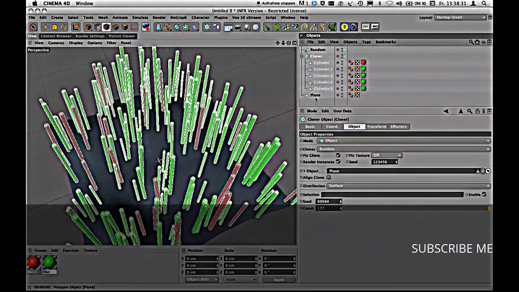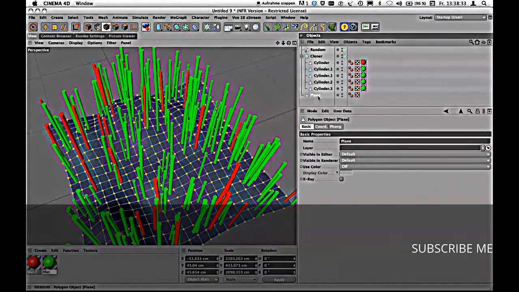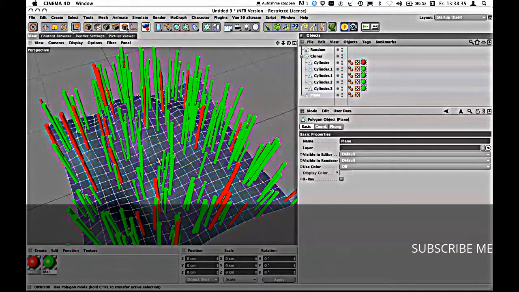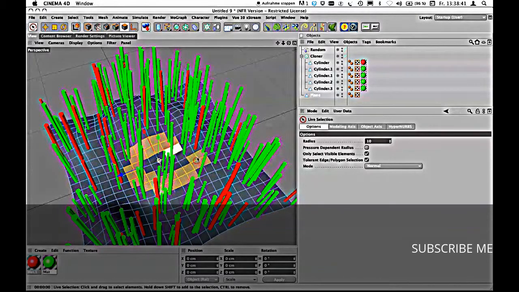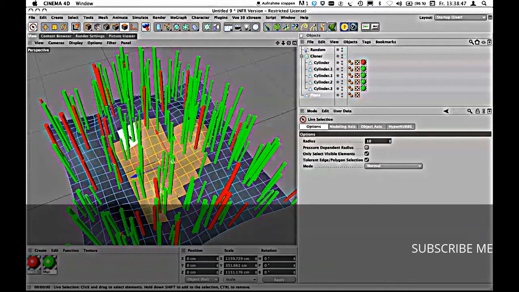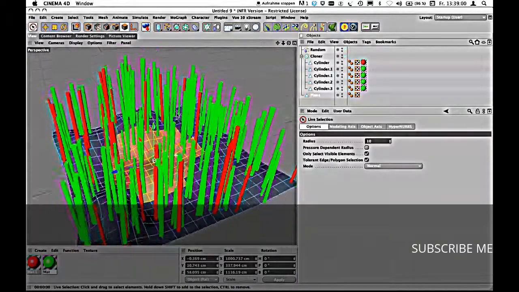So how do you do this? You go to the plane object, you click on this, choose polygon mode, and then you select some polygons that you don't want to be crowded with trees. Let's take the middle of it. I'm just painting. Okay. So this shouldn't be crowded with trees,